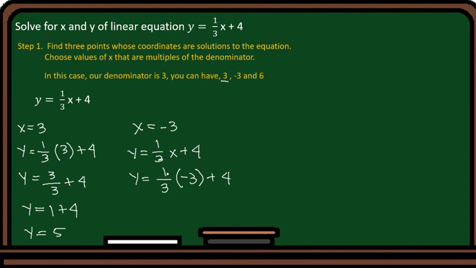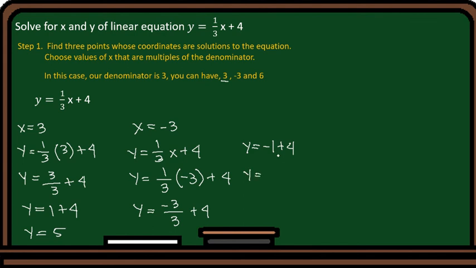Again, multiply first the numerator by your value. We have y is equal to 1 times negative 3, that is negative 3 over 3 plus 4. Then y is equal to negative 3 divided by 3, that is negative 1, plus 4, and that is